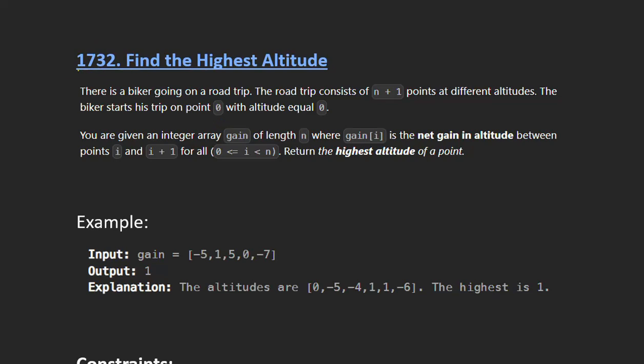So our today's LeetCode question is 1732, which is Find the Highest Altitude. Basically, in this question it is given that there is a biker who is going on a road trip, and the road trip has n plus 1 different points situated at different heights or altitudes. So the biker starts his trip at point number 0, whose height is equal to 0, and now we are given an integer array gain having length n, where